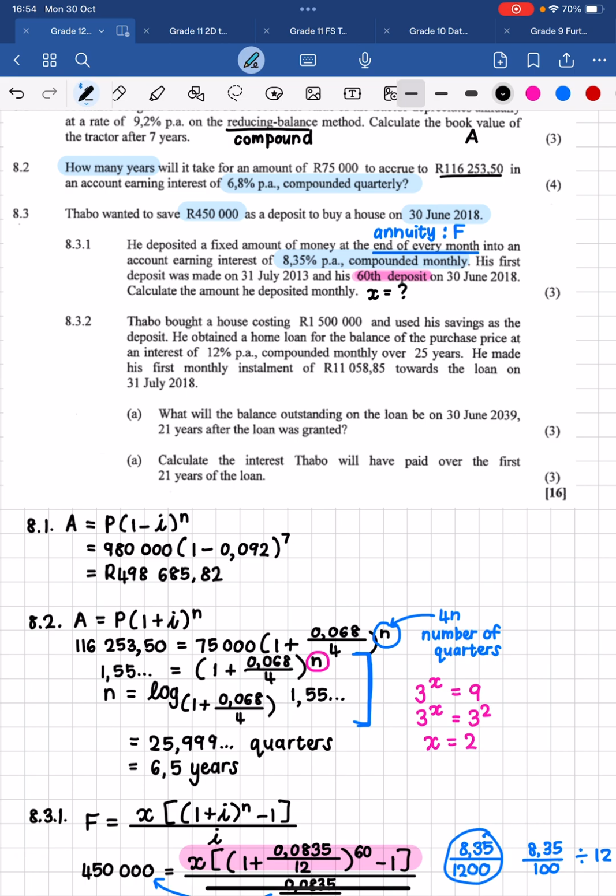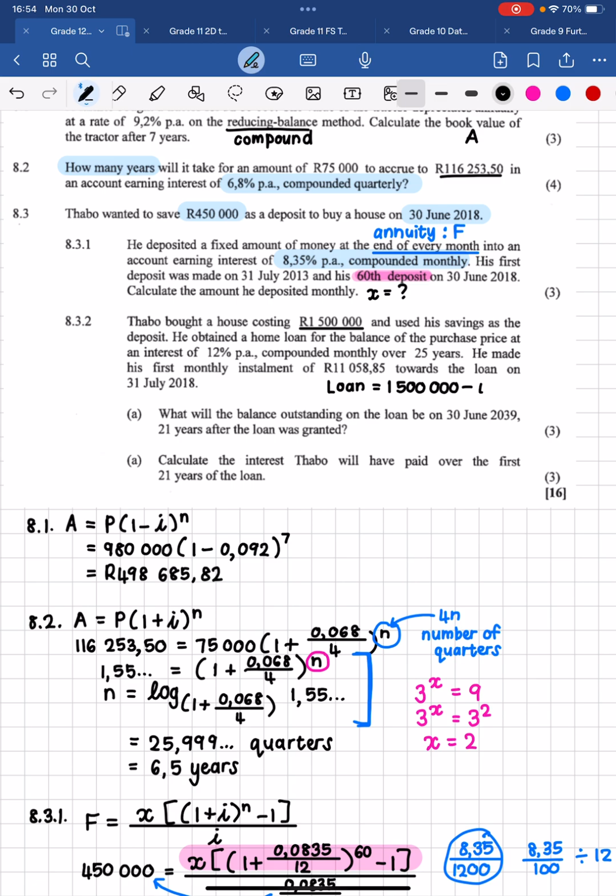Thabo bought a house costing 1.5 million Rand and used his savings as the deposit. So remember, he saved up 450,000, right? So the actual loan, they're saying here, he obtained a home loan for the balance of the purchase price at an interest of 12% per annum compounded monthly over 25 years. So here, the actual present value of the loan that he is going to receive is going to be